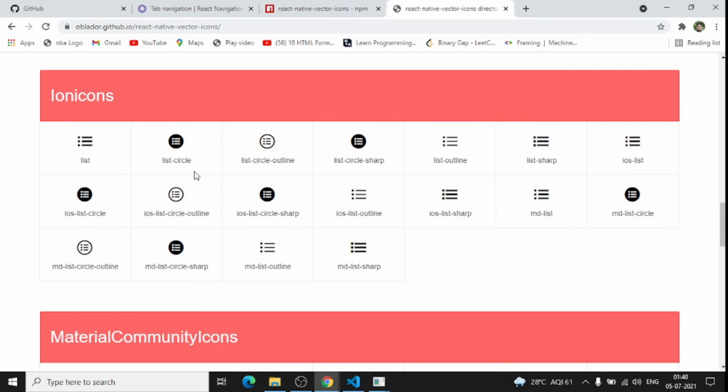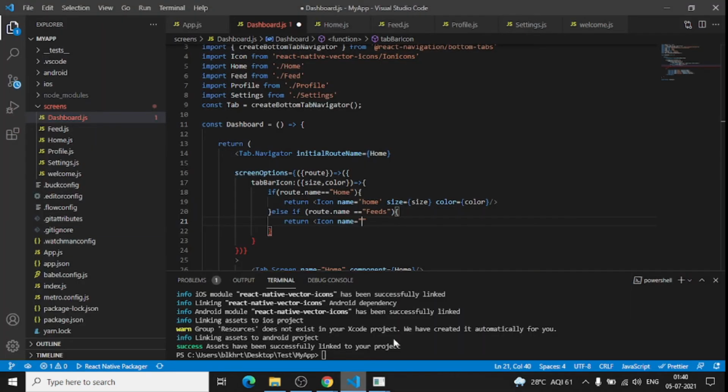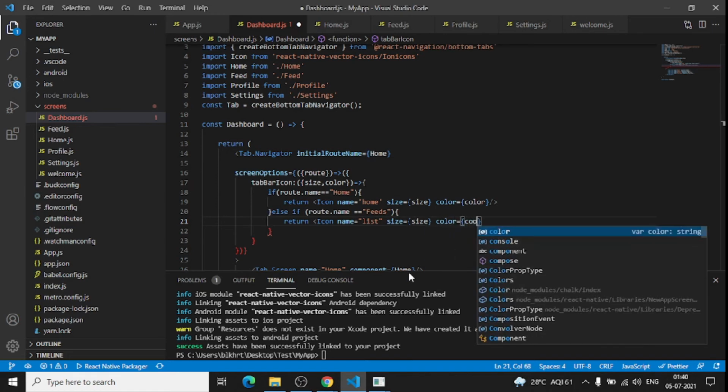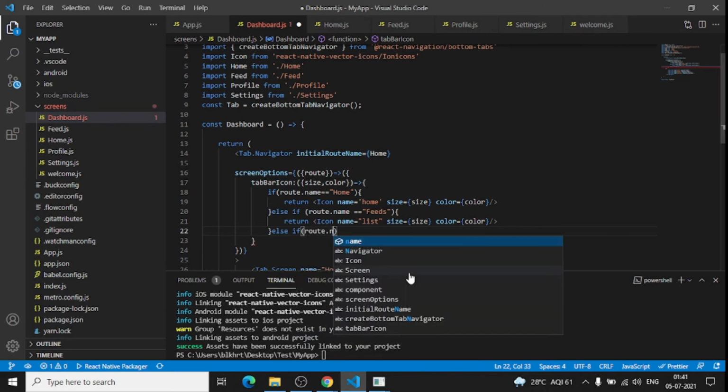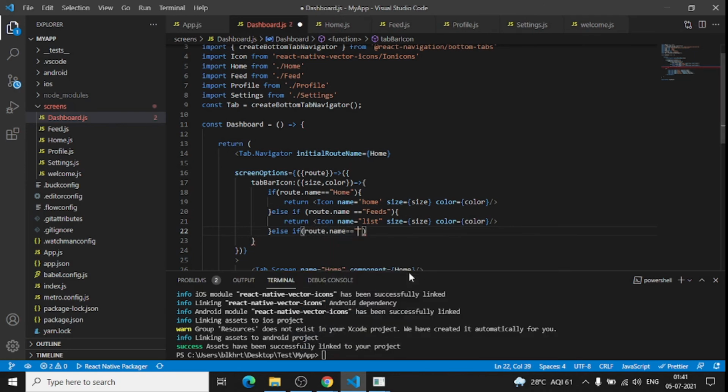So what do you think, guys? I think this looks nice. So we'll just add a list icon here. We'll say list with size equals size and color equals color. Else if route.name equals Profile,